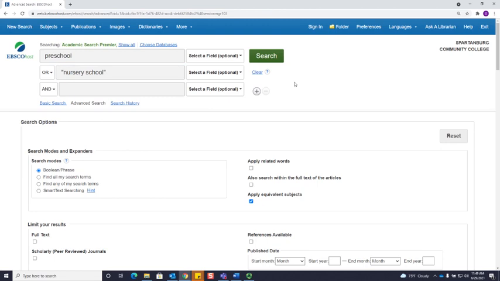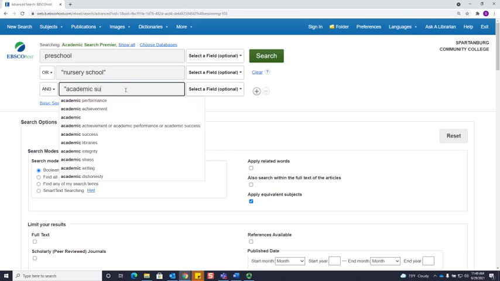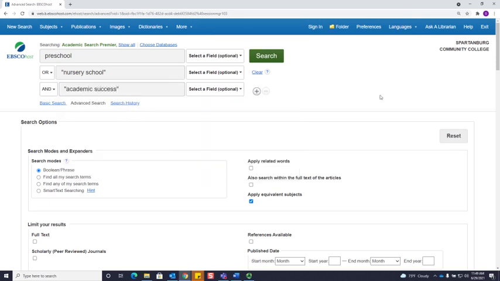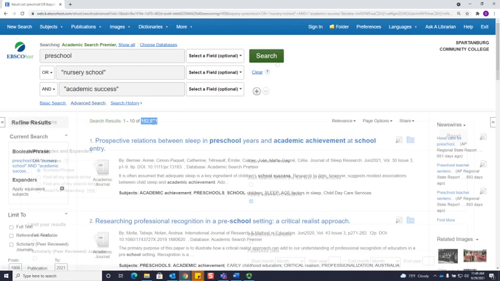Since both of those terms mean a similar thing, and I want to make sure I'm finding as many articles as possible. I also want to make sure that I put nursery school in quotation marks, since I want to search this phrase together as opposed to individual words. I'm also going to add academic success in quotation marks using the Boolean operator and, because I'm interested in finding articles about academic success in either preschools or nursery schools. So